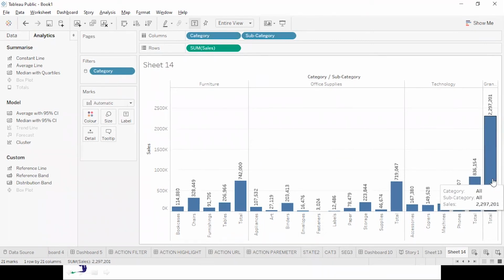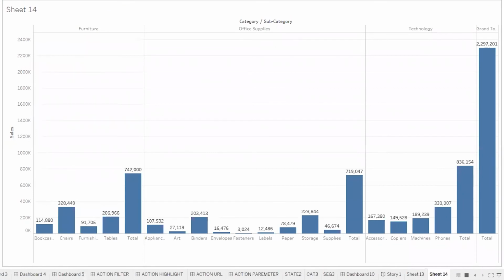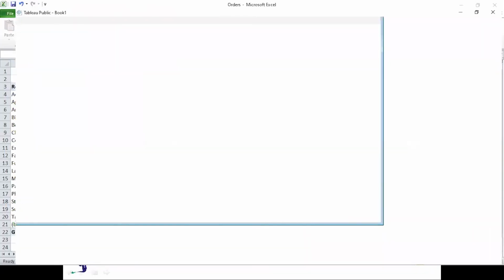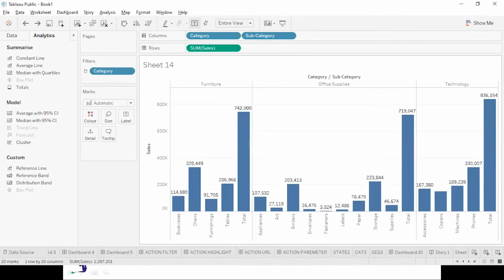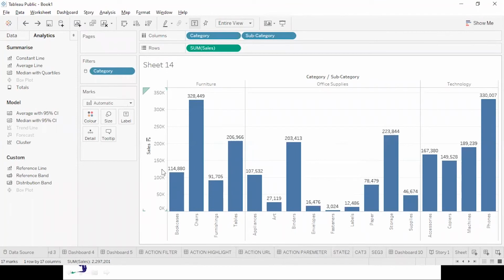But another point to be noted that when we put in the total, because the total is comparatively very high, the individual bars are becoming very small. So I don't want this. So you can see it is going to 350,000.